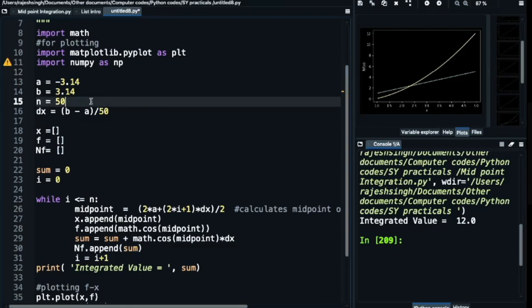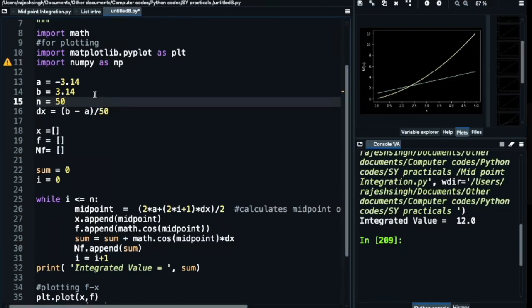I have taken n as 50. You can write a program where you take these values from the input and vary each time and see how it works, or you can vary n as 3, 5, 7, 10 and see what your answers are.